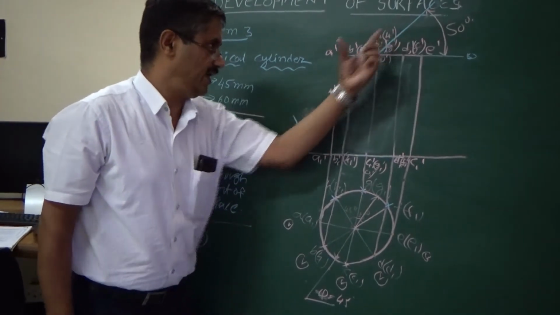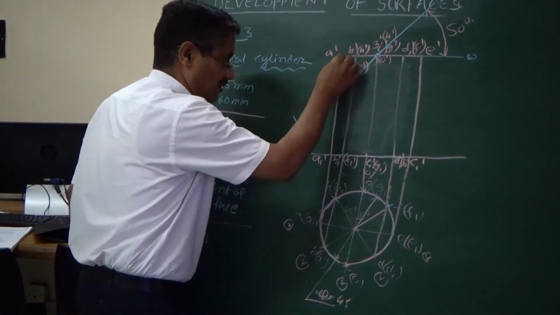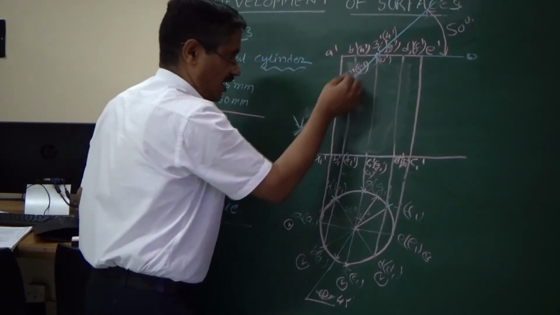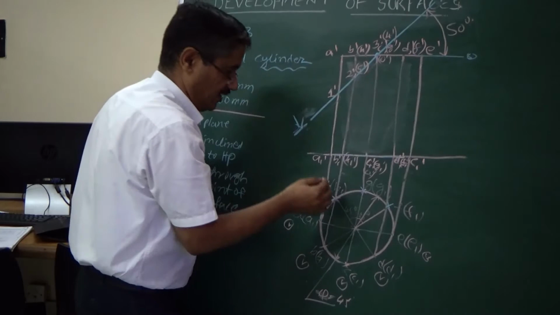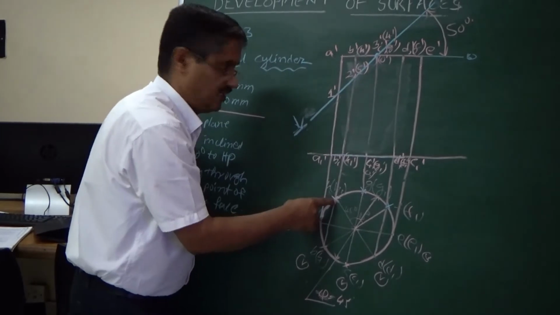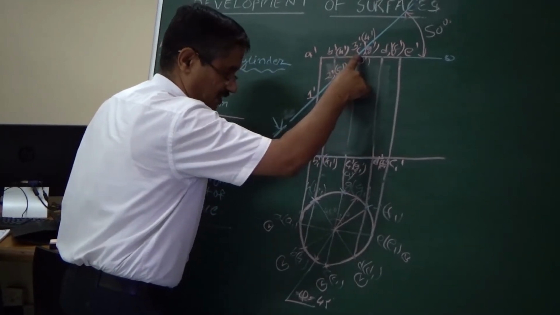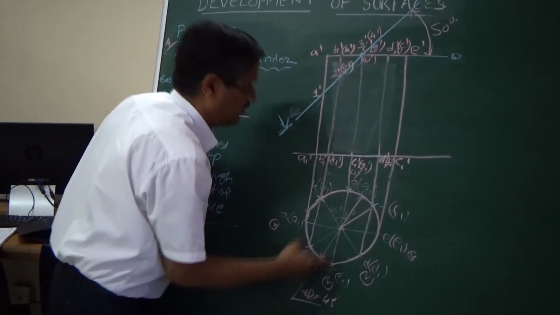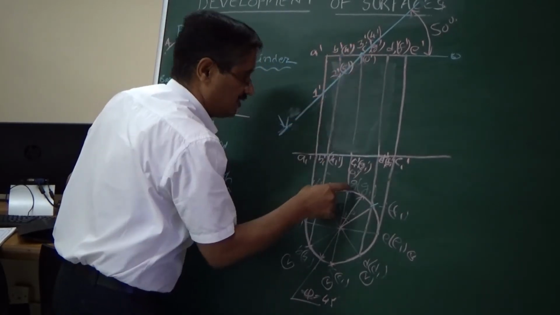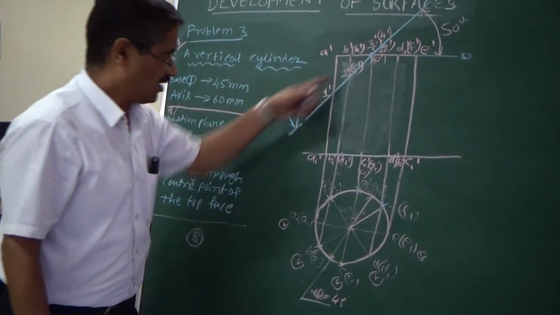When it cuts at 50 degrees, we are going to get 5 points. How to mark? I am repeating from the left. This is a visible generator point, that is 1 dash. Next, this thin line is cutting at this point and this point. There are 2 points, one visible and the other invisible. The visible one is 2 dash. Don't mark the invisible. Move further. Again this and this point, this is visible, so 3 dash. The fourth one from there, invisible, is point G, and then moving down, H, is point number 5. So we have marked all the points.